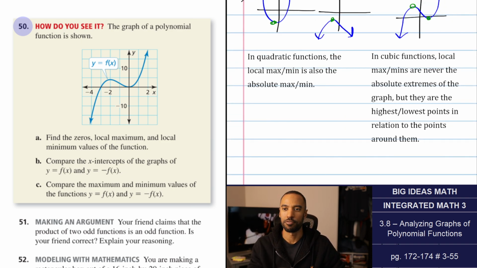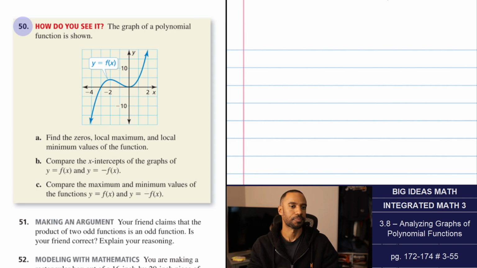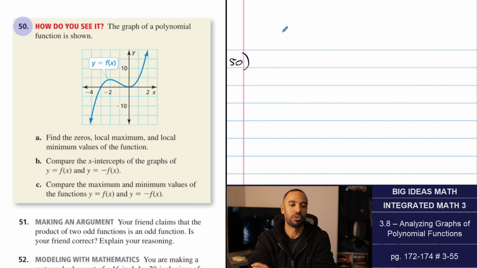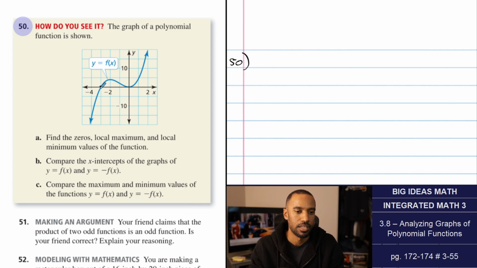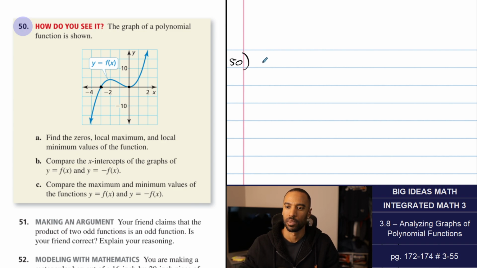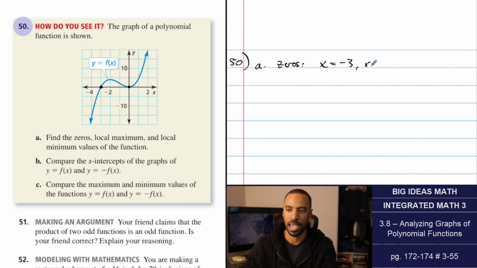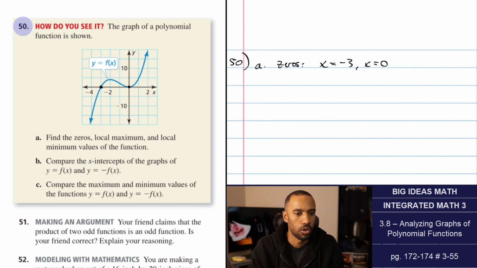All right, number 50. The graph of a polynomial function is shown, maybe a cubic. Find the zeros, local max, and local min values of the function. So I'm looking at zeros at -3 and 0. This is part A, by the way. So x equals -3, x equals 0. Local max,